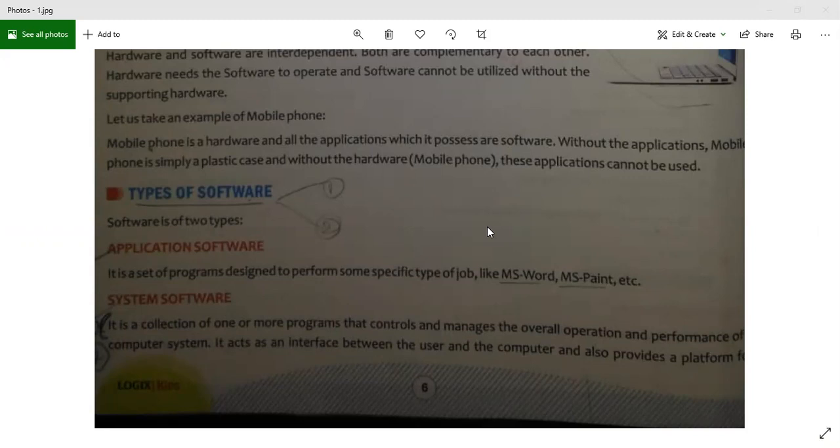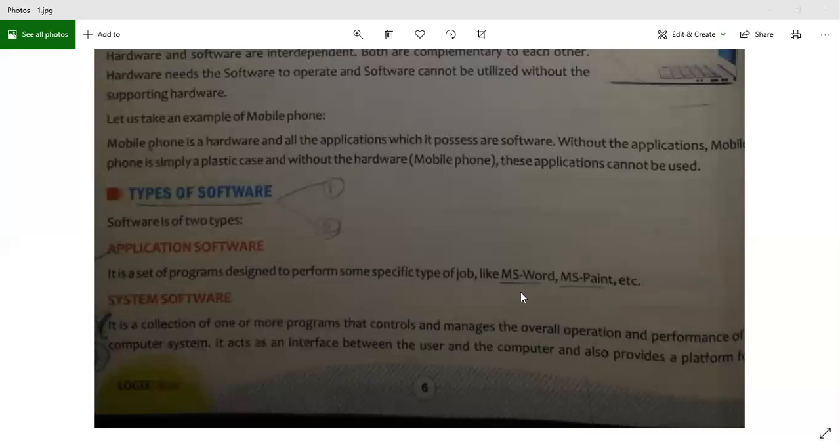Let me give you an example. If I want to create a document in Windows, then I will have to use Microsoft Word, or MS Word software, as it is written in the book. And at the same time, if I want to paint something, to create a picture on the computer, then obviously I will be using Microsoft Paint. So these are two different applications, two different types of work that I want to perform on my computer.